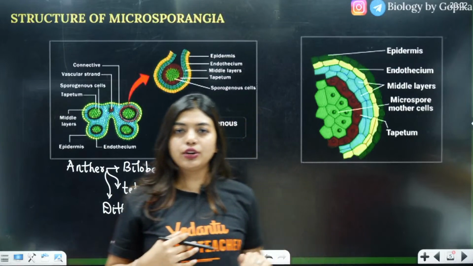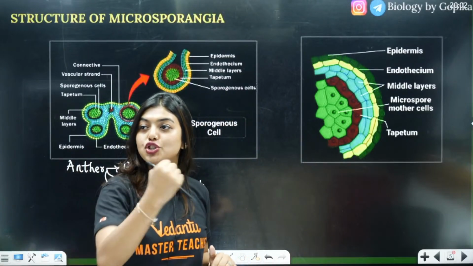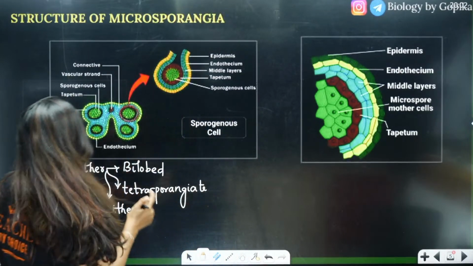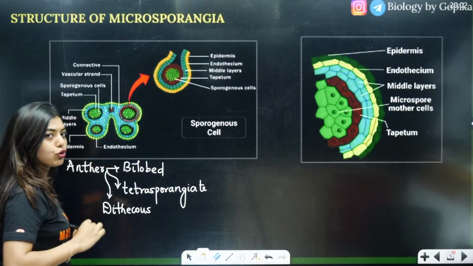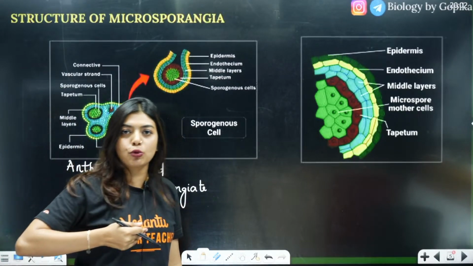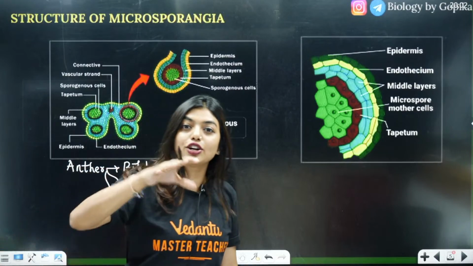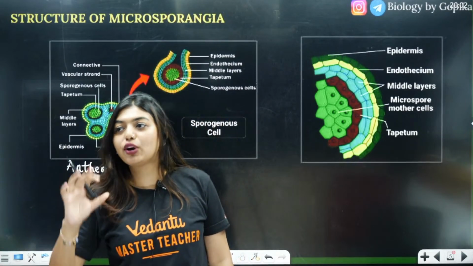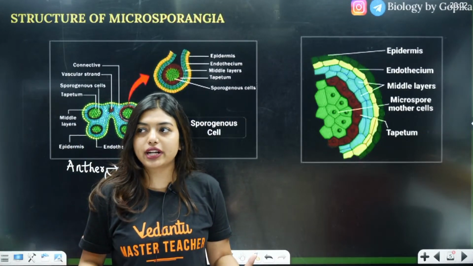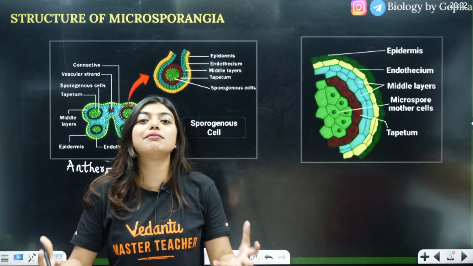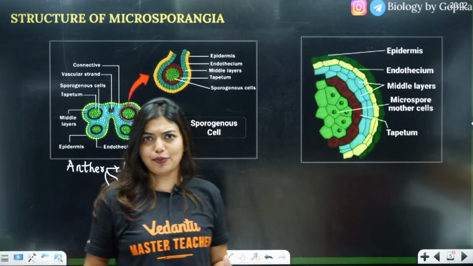So the same thing is going to happen here. There are many layers to it, for protection. In between there is sporogenous tissue, but until we reach the sporogenous tissue, there are many layers of covering. If you have a diamond in your home, you're going to protect it with as many layers as possible, no?